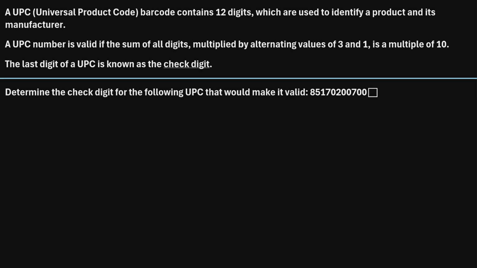In this video, I will explain how to find the check digit for a UPC number. So let's start with a quick definition. A UPC, or a Universal Product Code barcode, contains 12 digits, which are used to identify a product and its